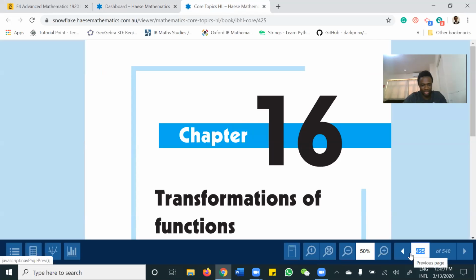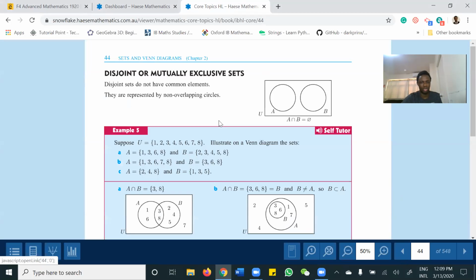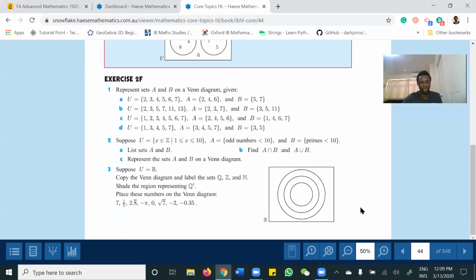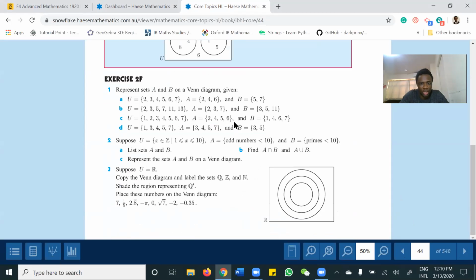Anyway, page 45. So we've done something like this before. Anson is here. Lazy Anson. Hello, Anson. Okay, so we're not going to waste time doing any explanation. I want you to do practice first. For example, look at this problem. I want you to represent it in the Venn diagram.